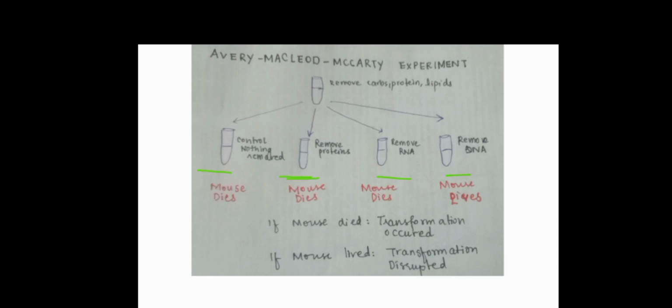Then they treated the fourth extract sample with DNases and removed all the DNA from it, and then injected it into another group of mice, and the mice remained perfectly healthy. So they concluded that transformation had not occurred when they treated the extract filtrate with DNases. It means DNA is responsible for the transformation. DNA is the hereditary material. So this is how it was confirmed that the active factor is DNA, which causes the transformation of live R-type into S-type